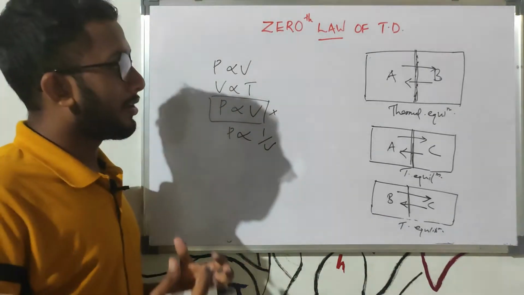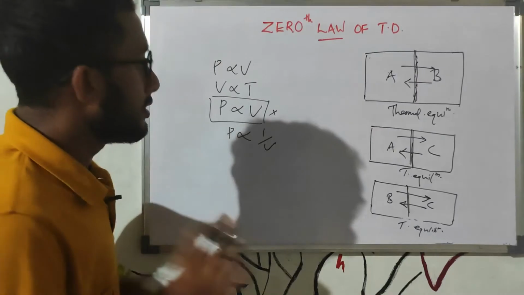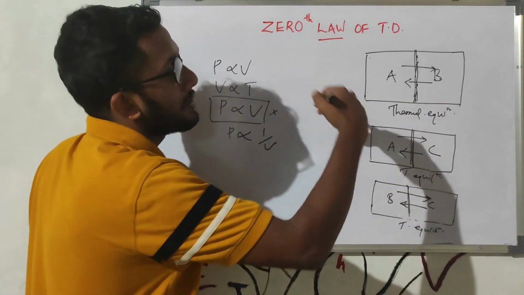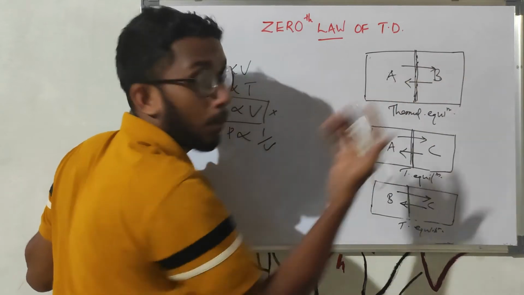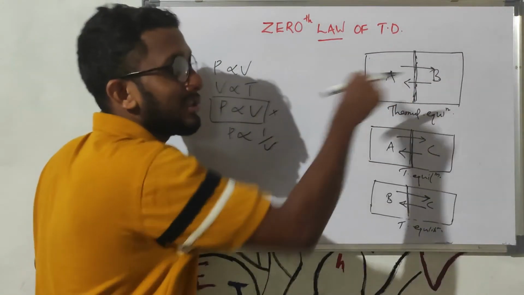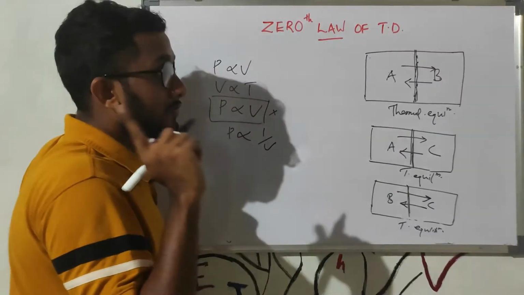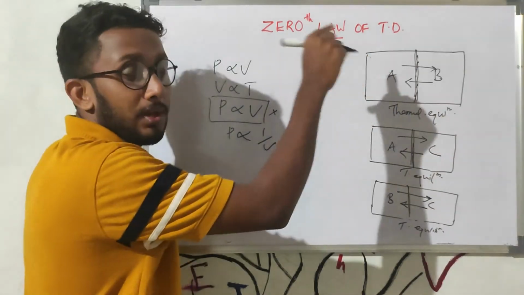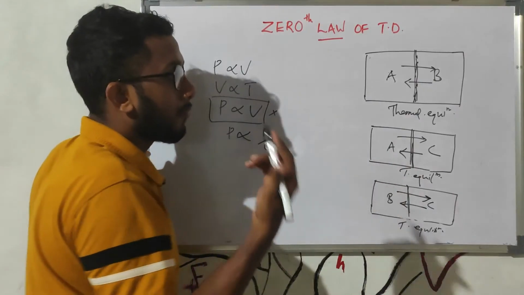How can we find what's temperature from this law? It's very easy. What is happening here? Firstly, heat is transferred from A to B or B to A. What makes the transferring of heat in these systems? Temperature is the physical quantity that determines the transferring of heat in this system.